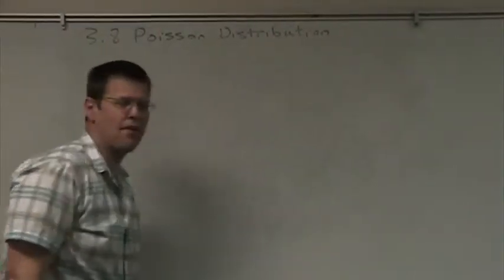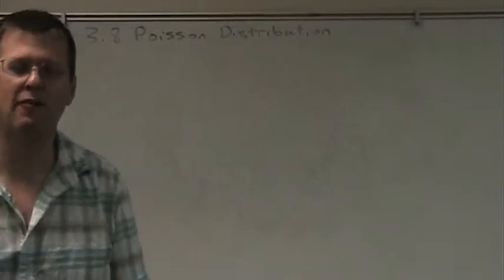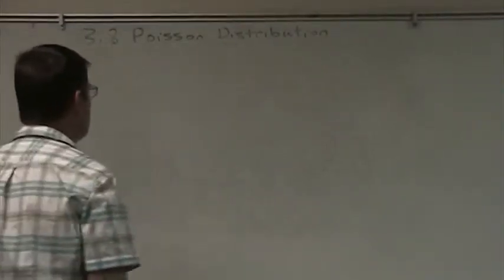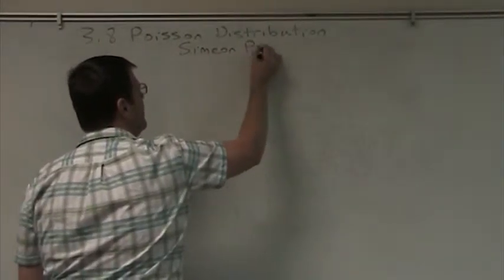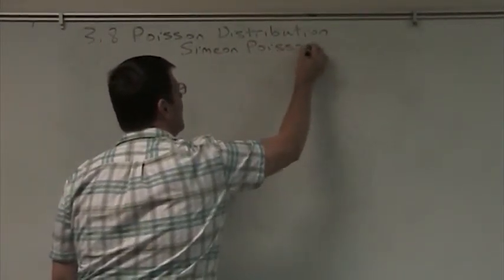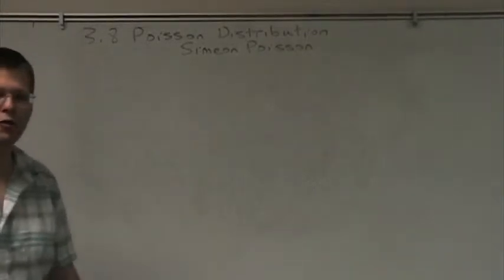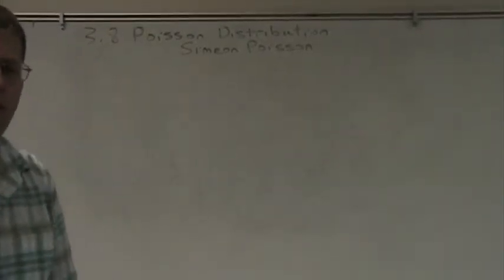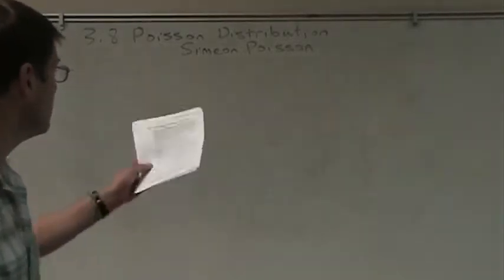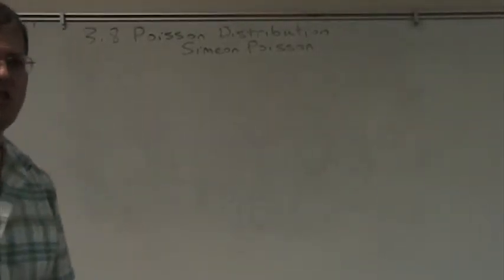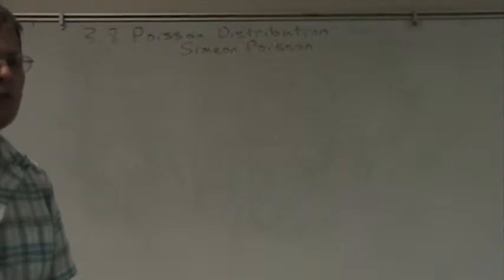My little bit of math history here. It's named after the famous French mathematician Poisson. And if you know your French, then you know that poisson is the French word for fish. So this is the famous French mathematician Simon Fish. Sounds better in French. Anyway.